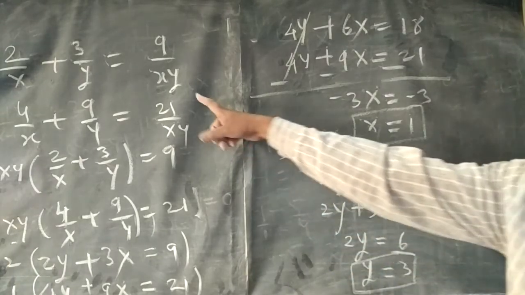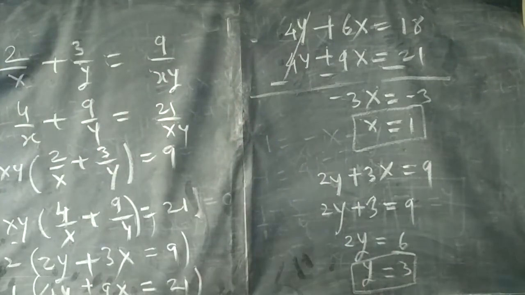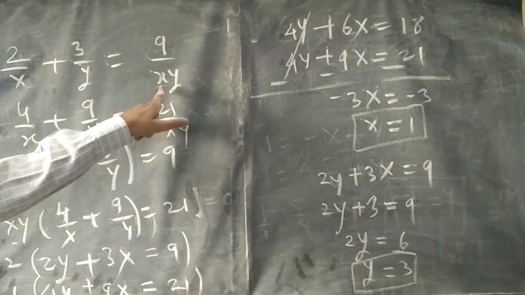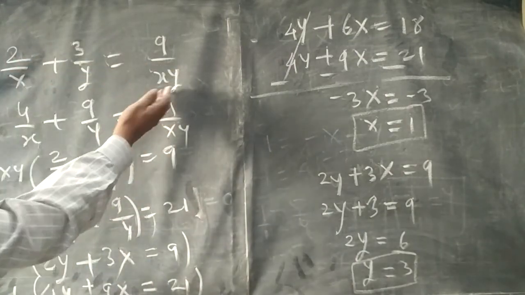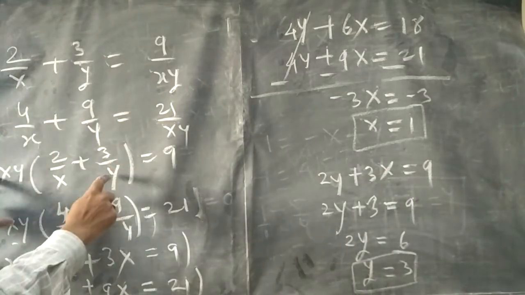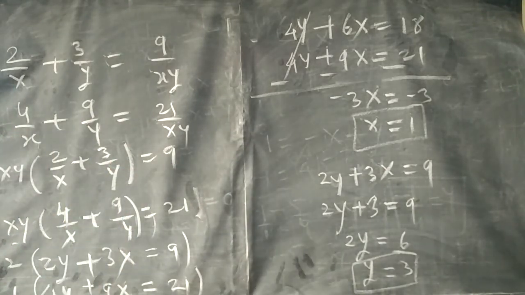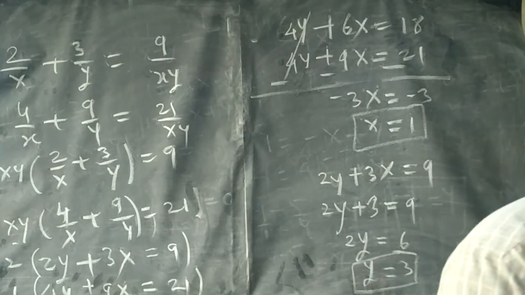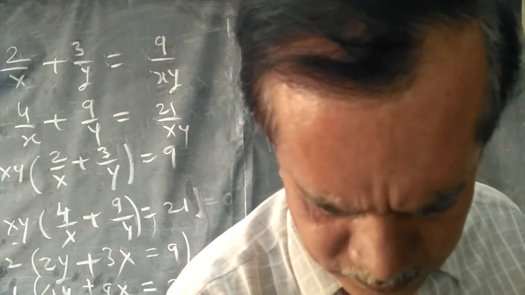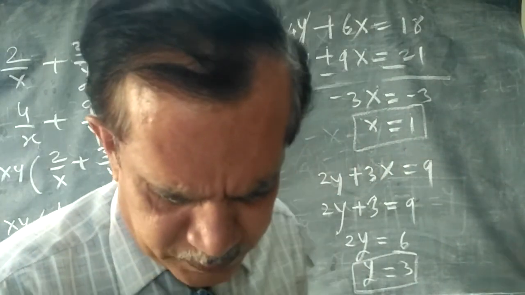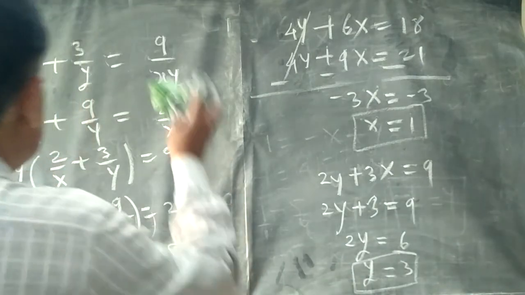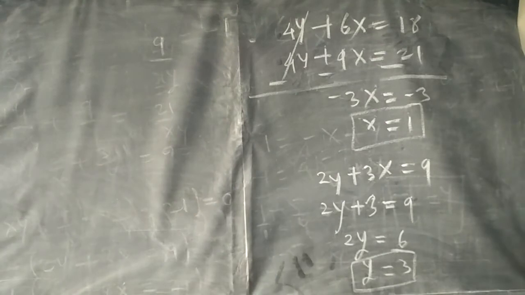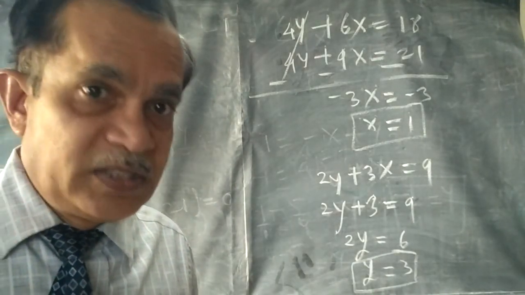See, this is the second type of example in reducible equations. We reduced in these forms. By seeing this xy, we did cross multiplication. Completely cross multiply this. We want this. Okay, remember this, children. Now, the first type of example we solved, please write it down. I am writing here 3 upon x plus y. Okay, we will take the second example in the second video. All right. Okay.